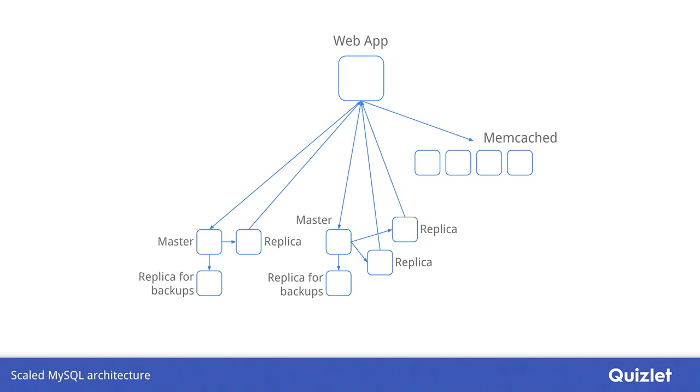We run the replicas so that we can swap between them when we need to do maintenance, or if there's a production issue on the master, we're able to fail over and promote the replica to a master and run that way. The important part is the replica is always there, and it's always ready if we need to swap over. We run a separate replica for backups, and we snapshot this replica,